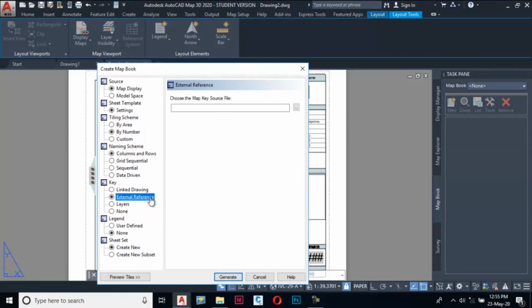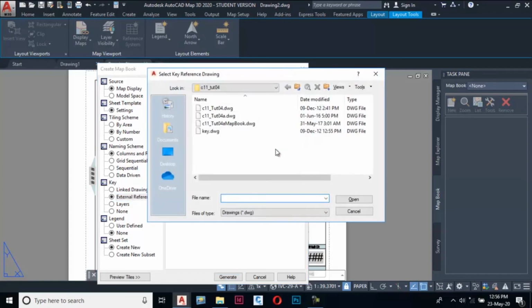Next, choose External Reference Radio button in the Key node. The Choose the Map Key Source File Edit box is displayed on the right side. Choose the Browse button next to the Choose the Map Key Source File Edit box. The Select Key Reference Drawing dialog box is displayed.